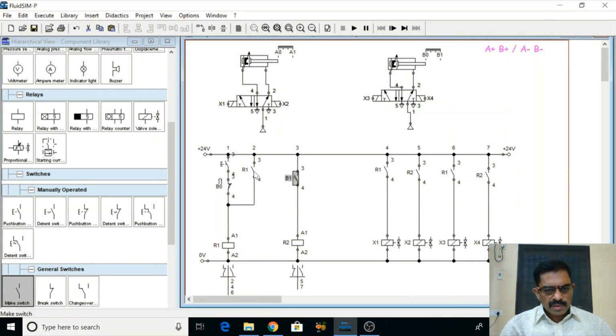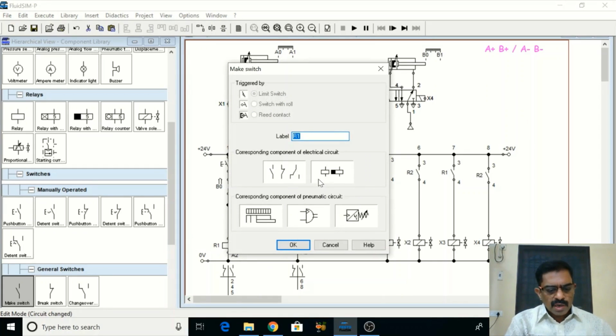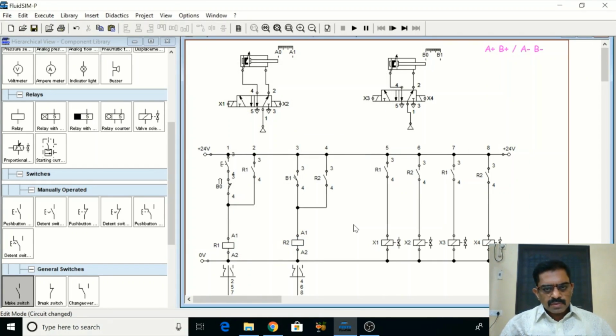So Control C, Control V, and this can be latched, and I am completing the circuit now. It should be R2. So R2 I am selecting here. So I latched R2 also, and then I have to give the actuating functions here.